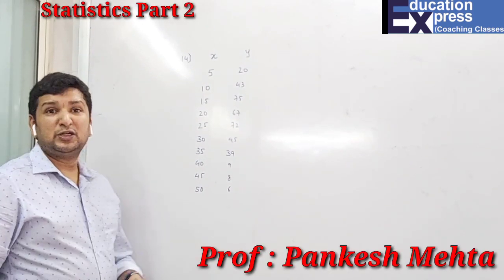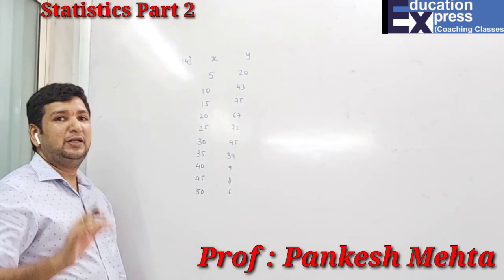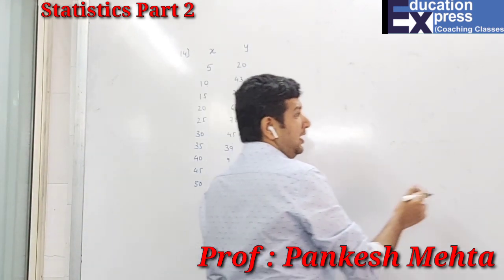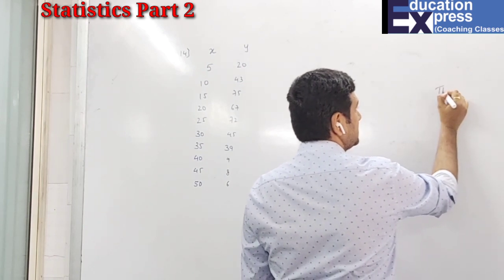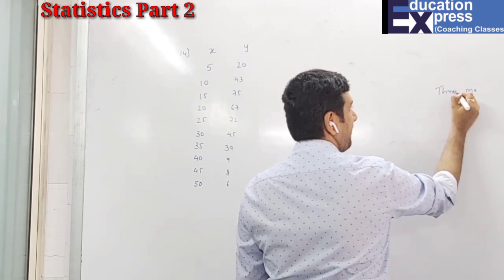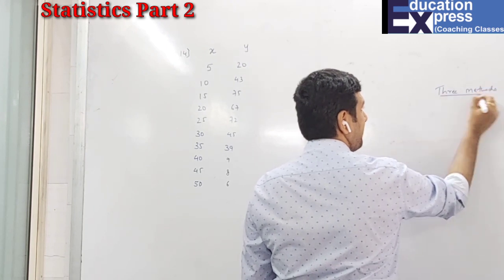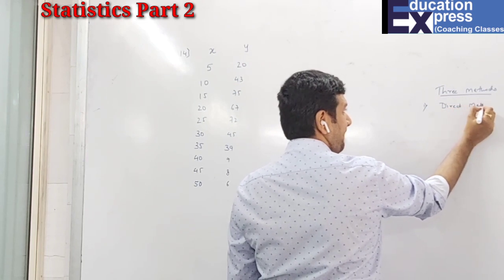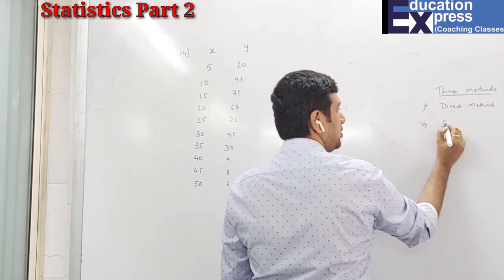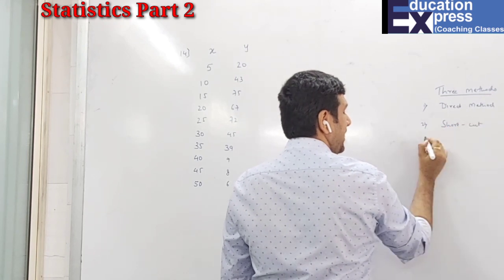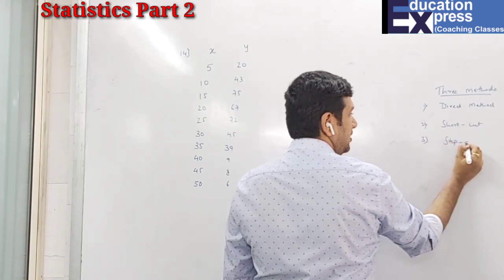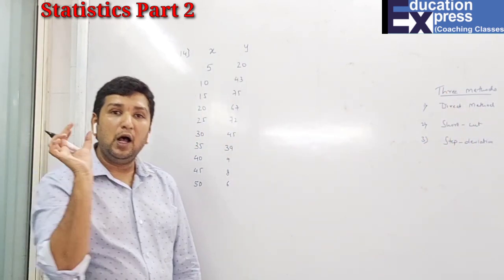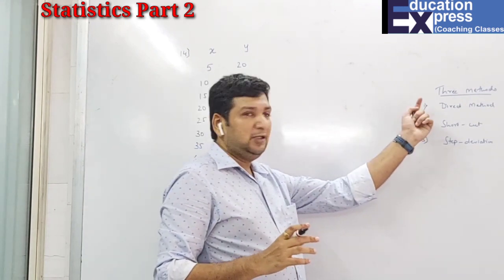Students, now we are doing question number 14. Till question 13, whatever sums I have done, students have done with the direct method. If you remember, I have told you that there are three methods. The first is the direct method, which is what we have done till now. Second is the shortcut method. And third is the step deviation method. I have told you that whatever method you use, the answer will be the same. So till 13 questions you are on the direct method.